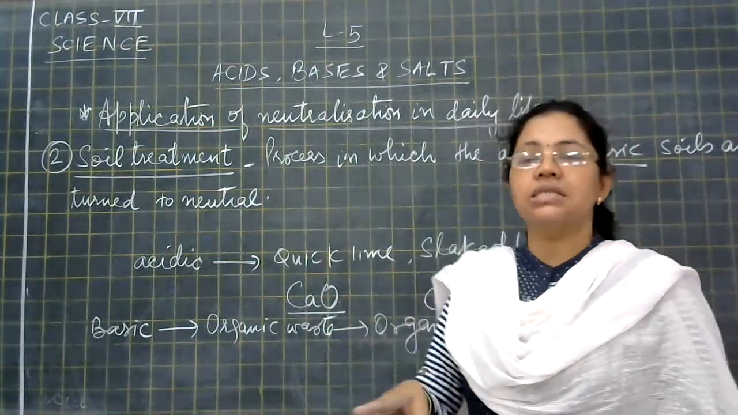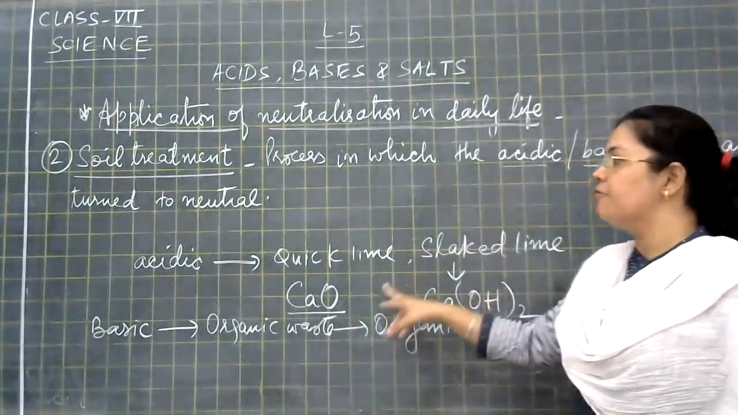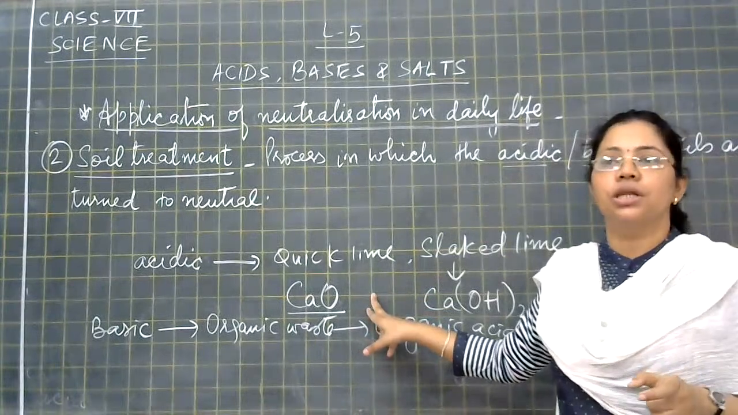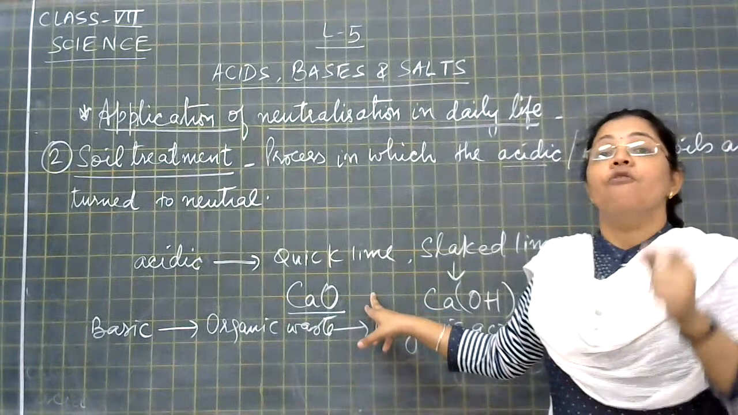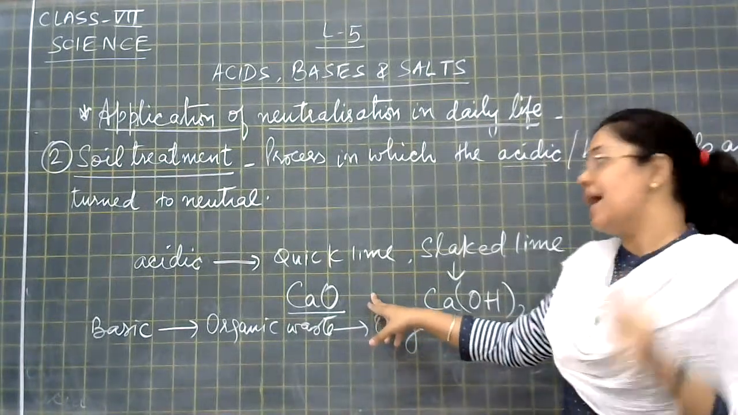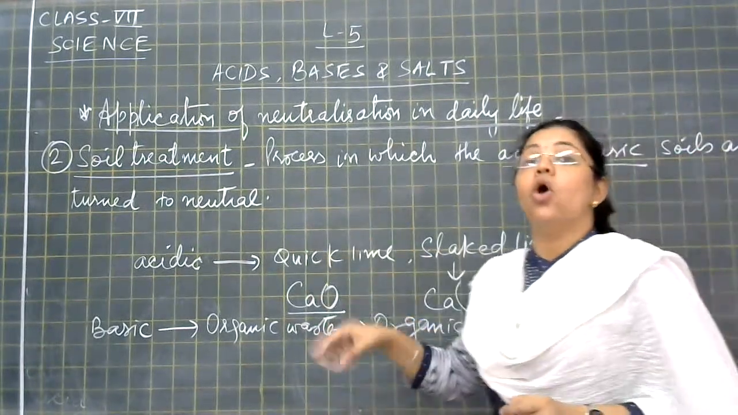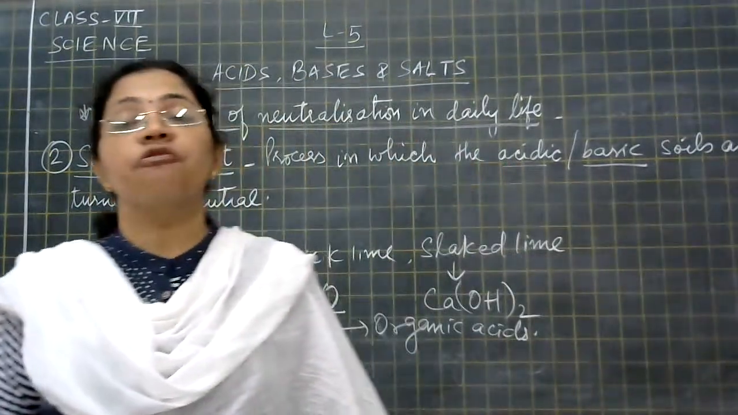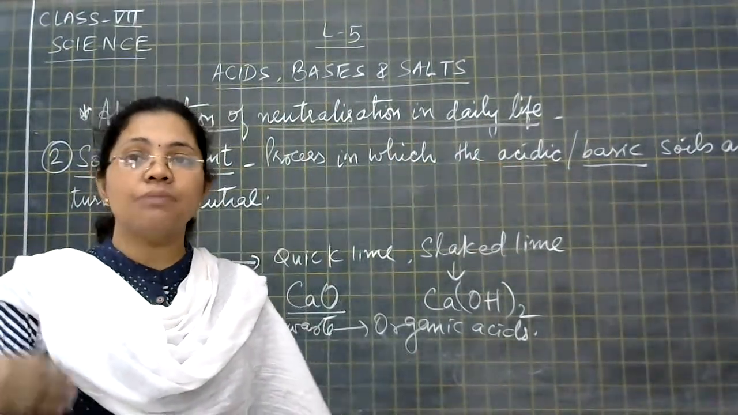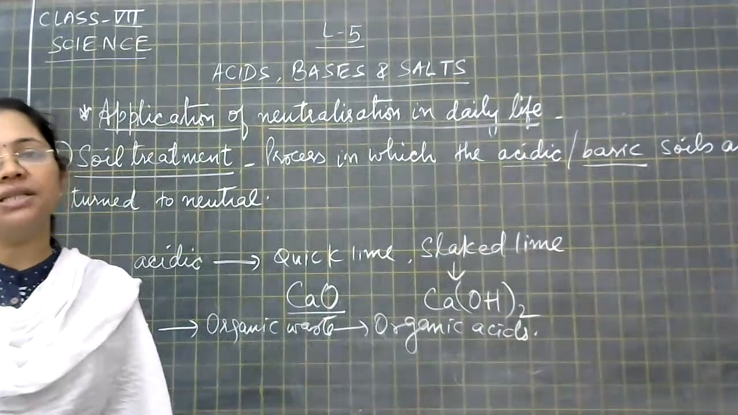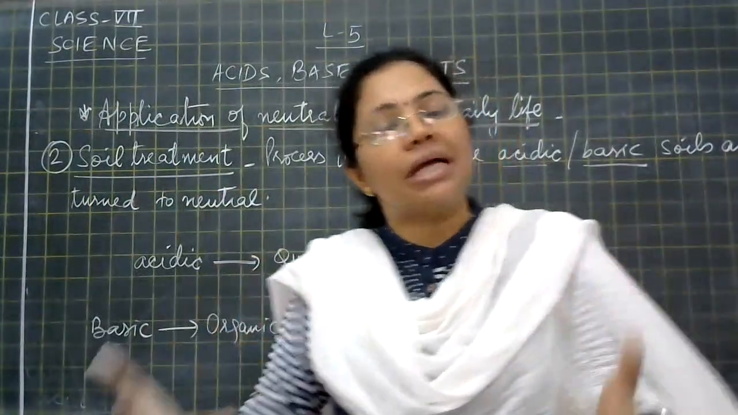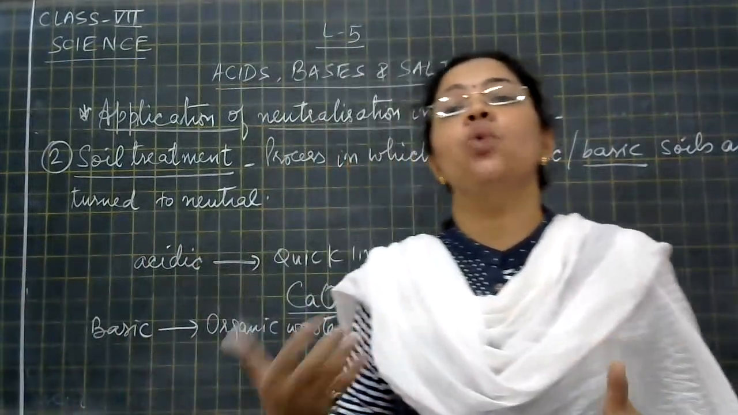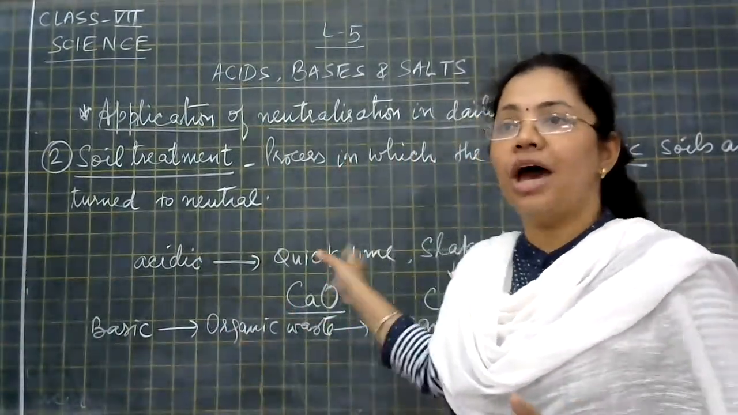The second question which they ask is on the basis of just application. The question will be asked directly: why do some farmers add quicklime or slaked lime to their fields? If the question is asked directly, it is asked as: why do some farmers add quicklime and slaked lime to the soil of their field? So there you have to,